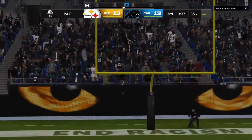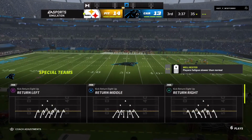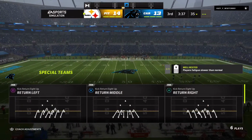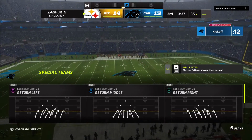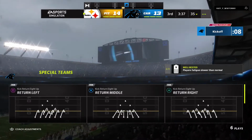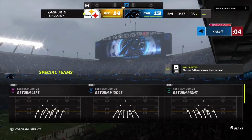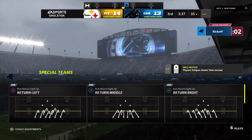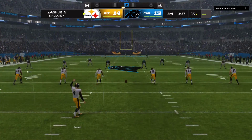Extra point put through by Boswell. And that will put them on top here in the 3rd. Panthers 13. Chris Boswell became our 4th